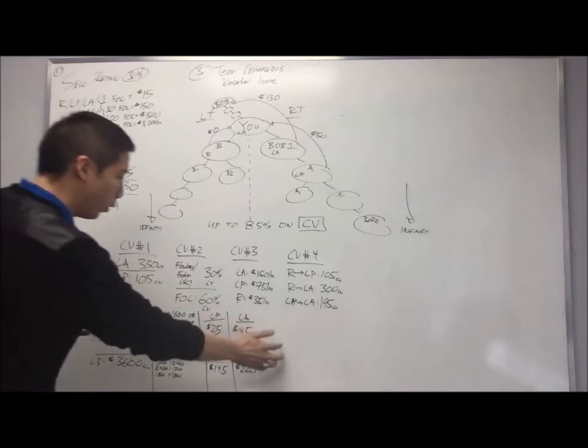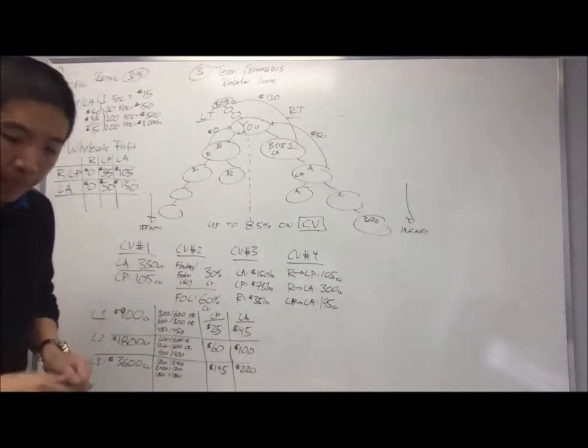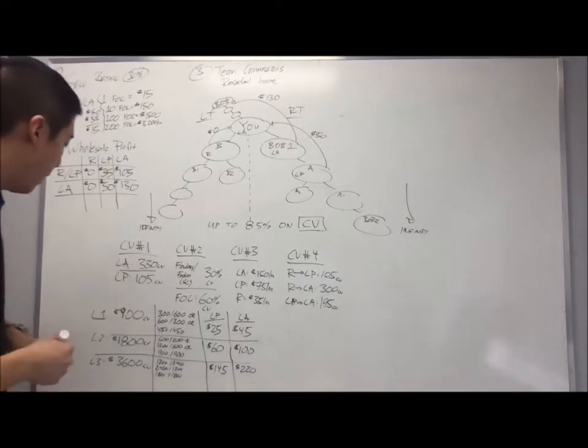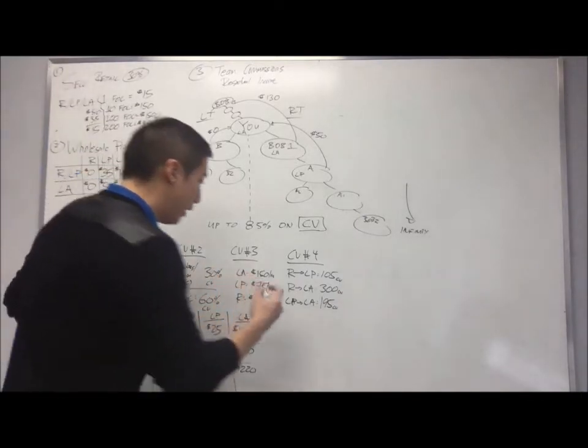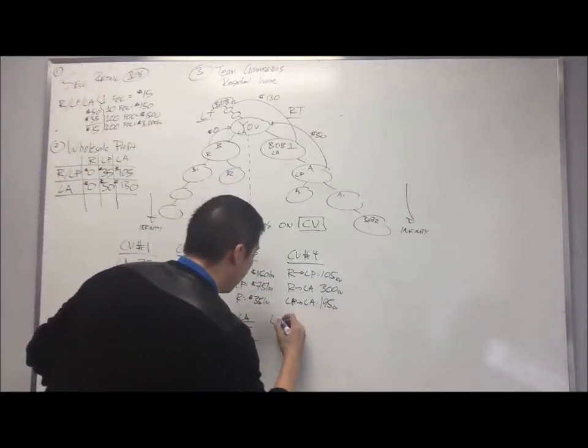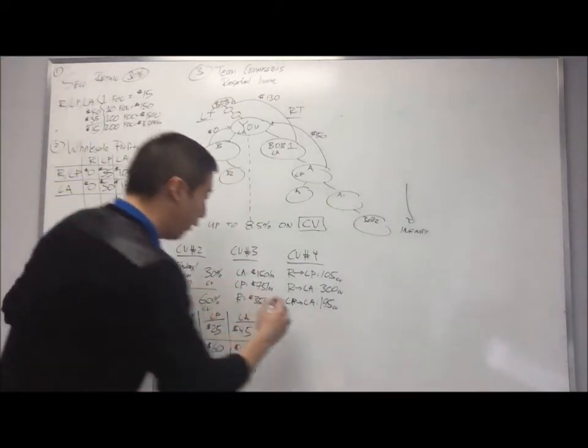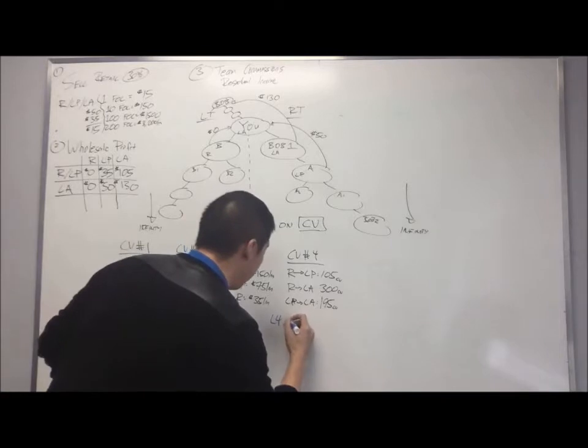I'm going to put the last one over here just for more spacing. I'm actually going to do it in a different color. I'm going to do it in the blue color, all right? So it stands out a bit more. Because level 4 is what we call the power cycle. So level 4, in terms of the CV,